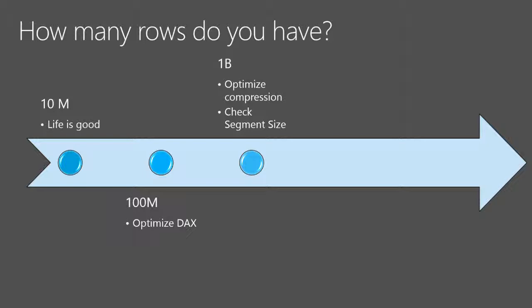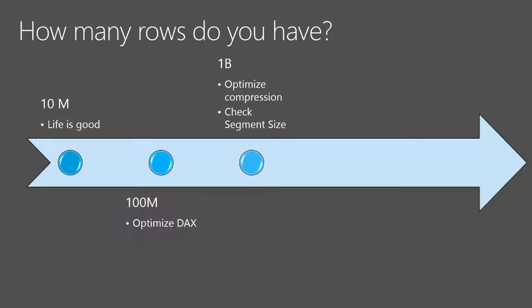oh, 2 billion rows fast. It's true, with a sum of a column. Try to do something different. Try to do something more complex. Try to write a more complex calculation. You might see some difference. And at this level of performance, this level of size, usually you have to start worrying about the compression.